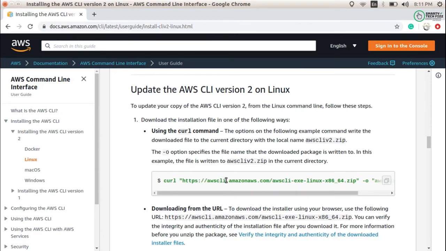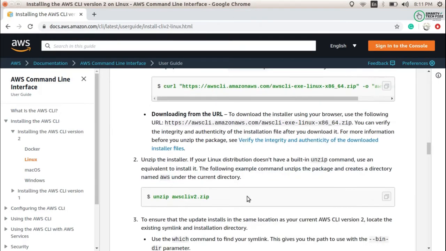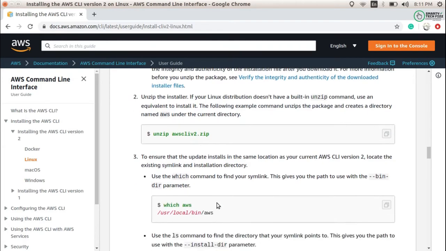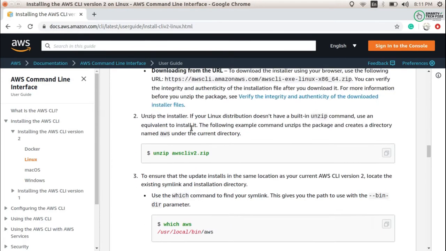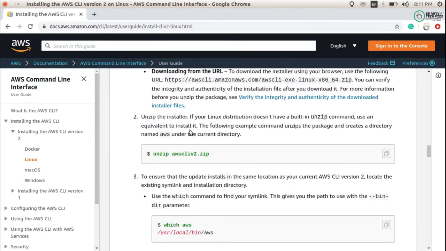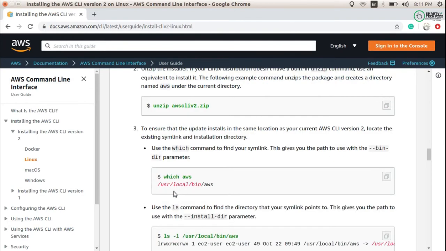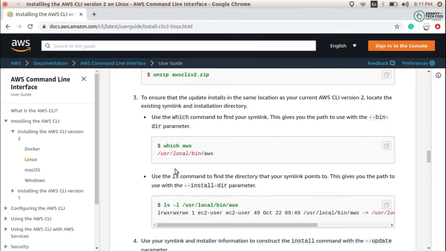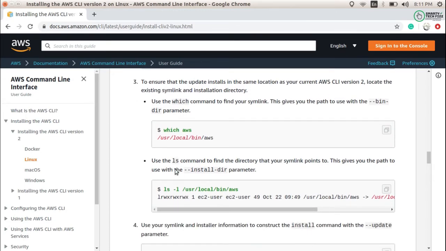First is the curl command that we also did while installing it, and then the unzip command. This will download the CLI version 2 installer, and after that, with which aws, we just need to update the symlink, to point out which CLI version we want to use.